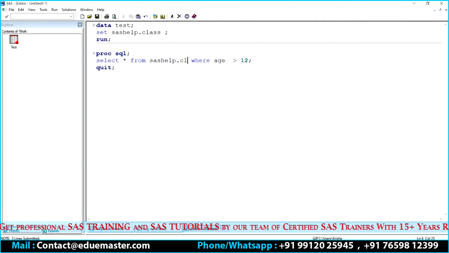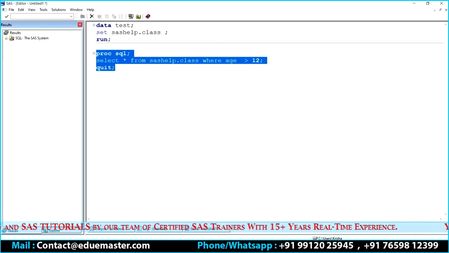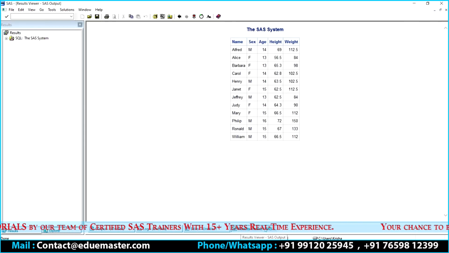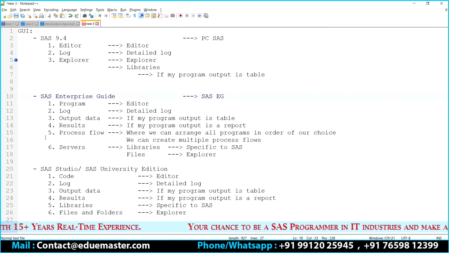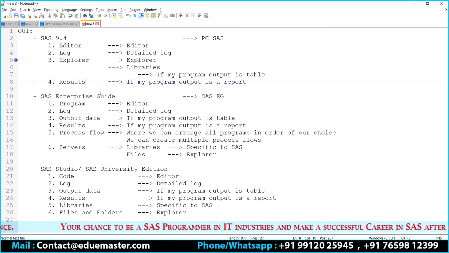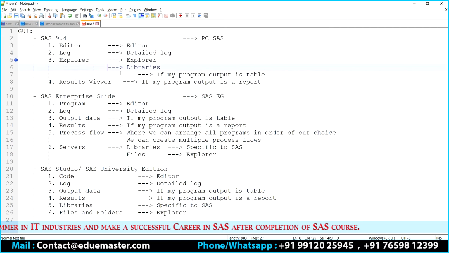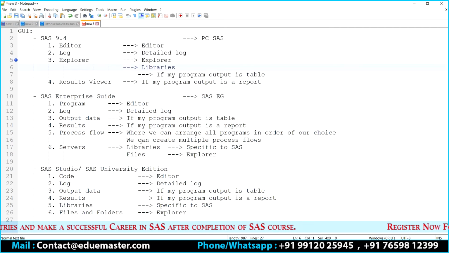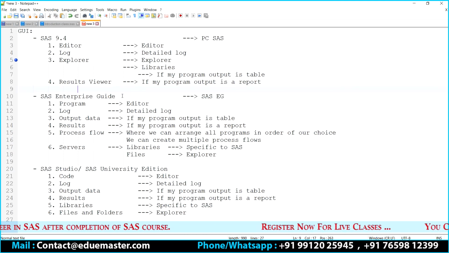Let's say if I create some report, then you can see my output by default will go to the results viewer, correct? If my output is going to be this, then the output will be automatically redirected to a place called the results viewer. Okay.